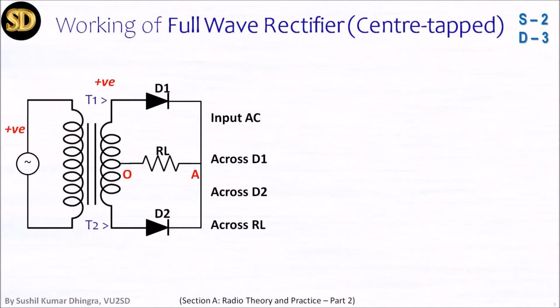This is a diagram of how we are using it. The energy will come to the transformer. Initially, the upper side, you can see T1, is positive. In this case, as I have shown previously, D1 will work as forward bias and current will pass through. Just showing an image on the right side, this is the case for D1 and D1 is in working condition. And D2 is not in a condition to work because it is negative.